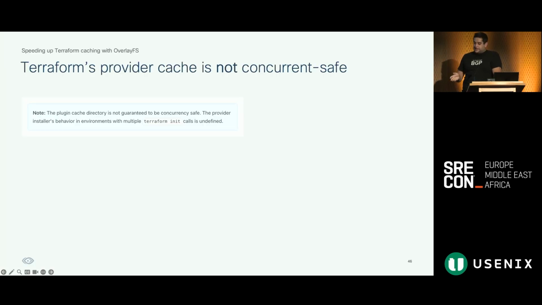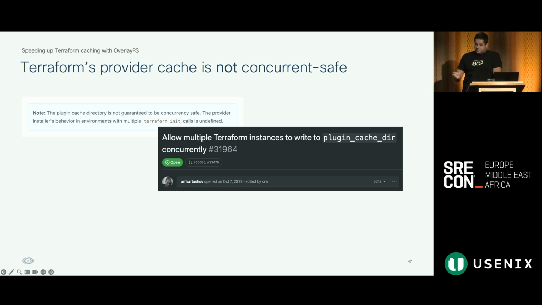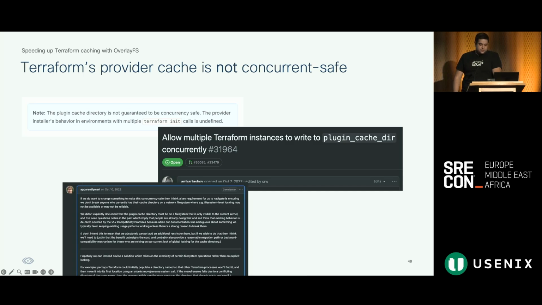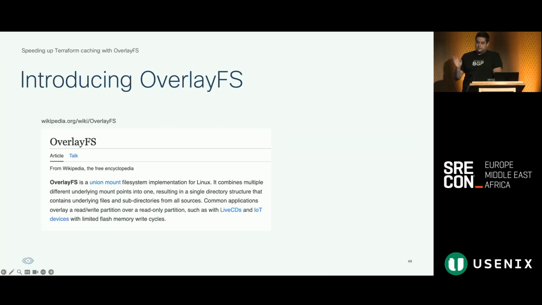So, Terraform provider cache is not concurrent safe. This has been documented in the docs. There are multiple conversations and issues. The answer is, it's complicated. It's not coming anytime soon. It's tough to get out of this hole. However, OverlayFS. For those of you not familiar,